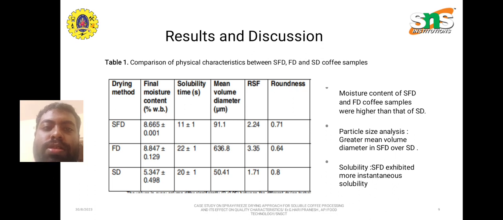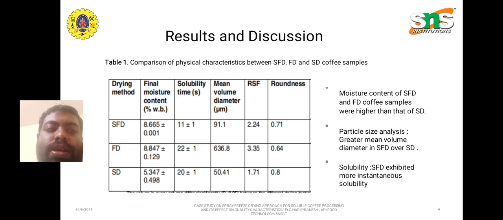discussion. This table gives the comparison of physical characteristics between spray freeze drying, freeze drying, and spray drying of coffee samples. These are the three drying methods. In the table, you can see SFD, FD, and SD. First, we'll see the moisture content. The moisture content of the spray freeze dried and freeze dried coffee samples was higher than that of spray dried. That is, the moisture content on wet basis is 8.665 for spray freeze drying, and FD is 8.84,